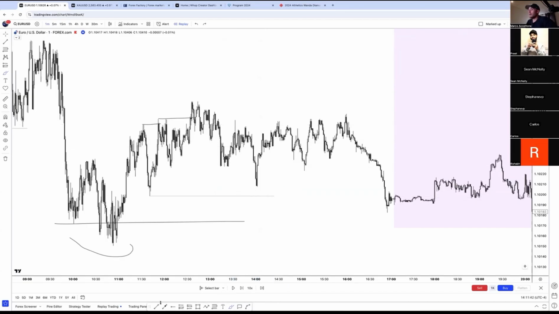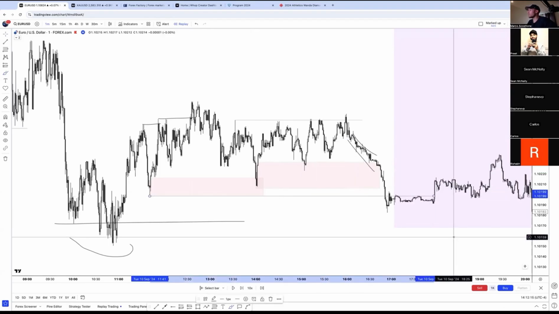Okay, and then an even better thing that happens is look how we've taken out this high. Why is this important? Because this induces buyers. So people that are retail that like to see this reaction occur and then see their break of structure, they're going to be buying all of this area, right? Because they get their BOS, price returns back into the area. Even these over here, this OB, whatever it is, you can see how even price struggles here, building up even more liquidity. Finally, running for the low that we built liquidity at.